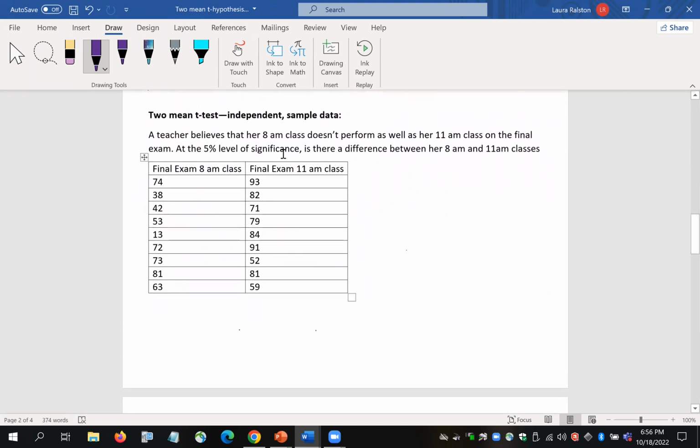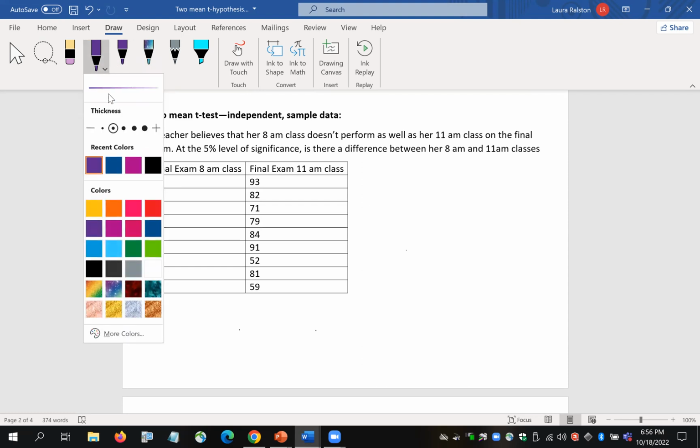Okay, moving on then. A teacher believes that her 8 a.m. class doesn't perform as well as her 11 a.m. class on the final exam. At the 5% level of significance, is there a difference between her 8 a.m. and 11 a.m. classes? So